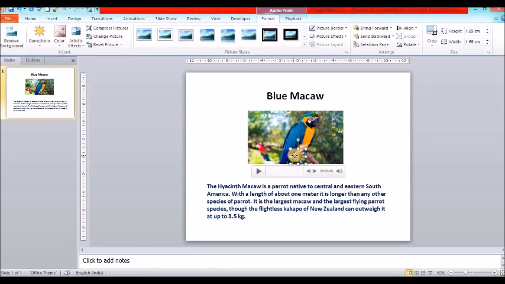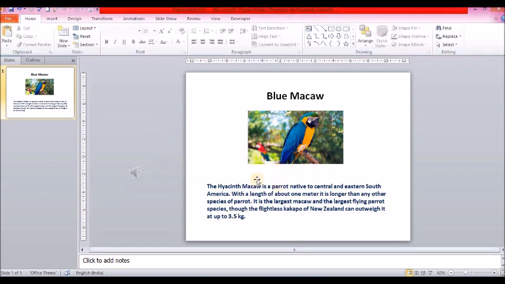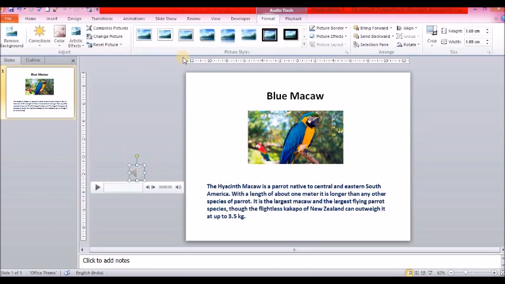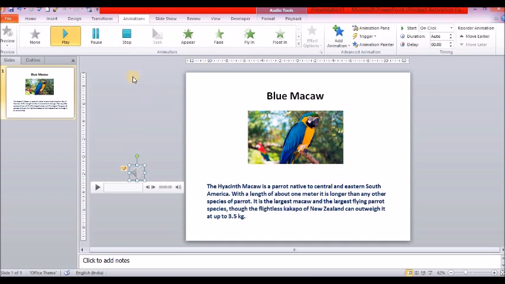Now if it is here, it will be visible. So you can simply put it outside the slide area so it's not visible, and to make it more appealing, you make it auto start.